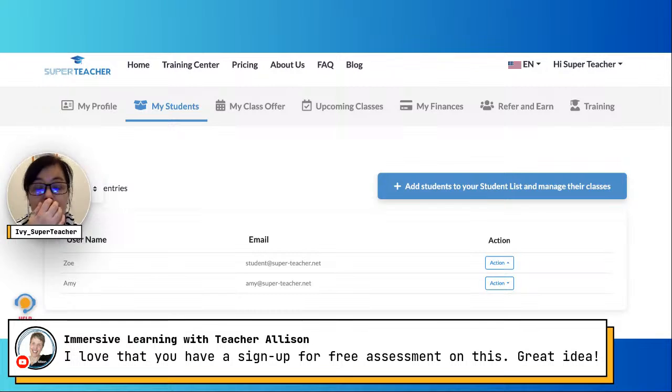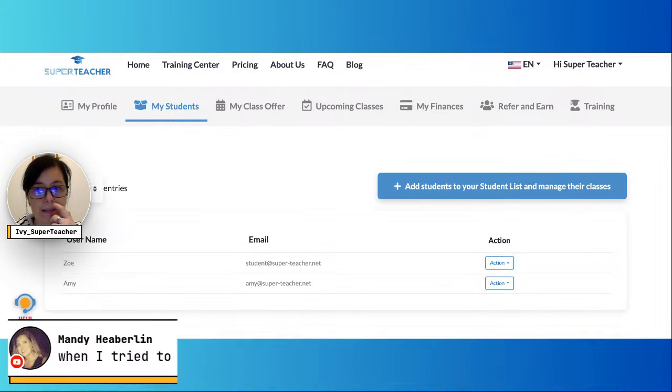I love that you have a sign up for free assessment in this. Great idea, right? I find it super useful, and I'm sure other teachers do it, and I'm not the first one to figure it out, but it's a great perceived value. Especially if you use a curriculum that already has it, how easy that can be, right? Maybe it's not an assessment, but a placement test. I was also thinking of offering that. I actually did have a trial class. I almost forgot to mention a full trial class I offered for free because it was an assessment with Average Academy new trial classes and lessons.